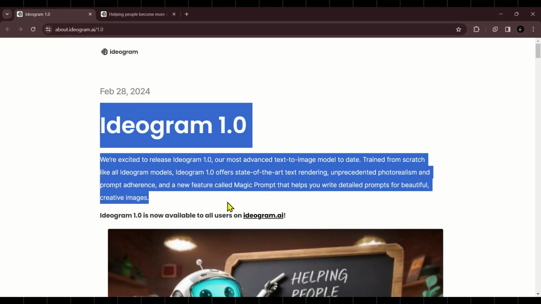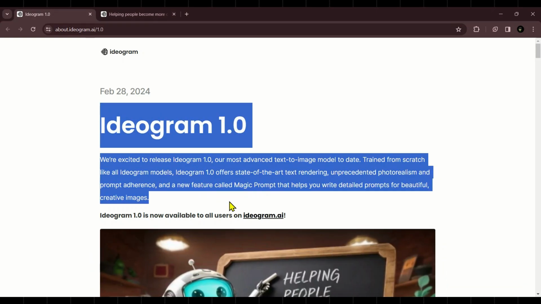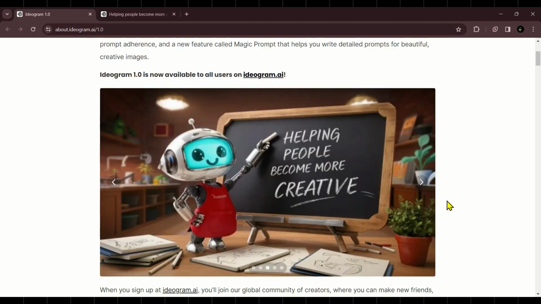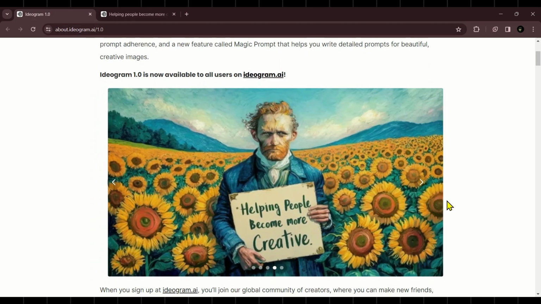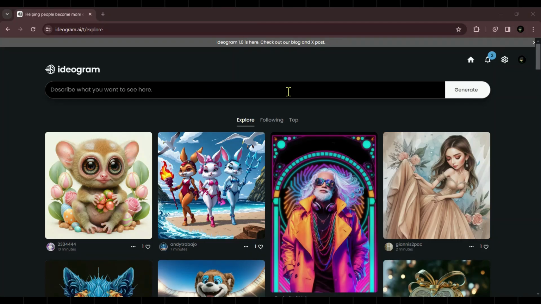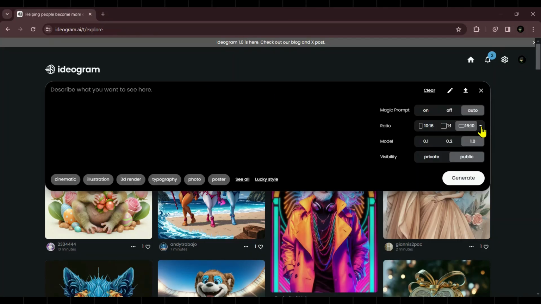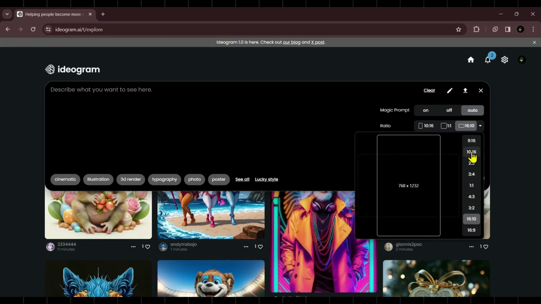This video is to inform you that Ideogram has launched a new version, Ideogram 1.0. Shortly, I will show you how to access Ideogram 1.0. It's super competitive and going head to head with Midjourney and DALL-E 3. In version 1.0, Ideogram has added some new features, like more aspect ratio options for generating images, and what